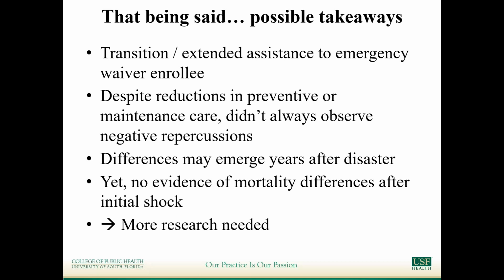And finally, while we didn't see any effects of mortality differences after the initial shock, so that, remember, that dissipation of the mortality difference occurred, we are definitely intrigued and interested and think more research is needed to look at that difference for those who moved out of the impacted counties, especially if we think that there's negative health consequences for individuals potentially